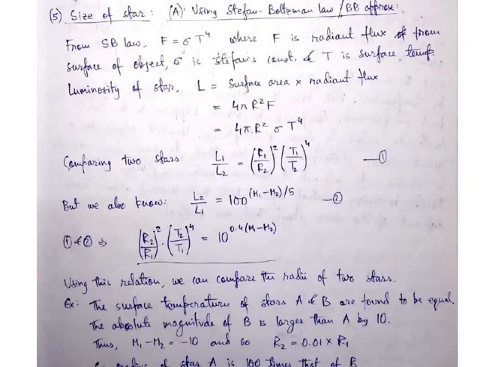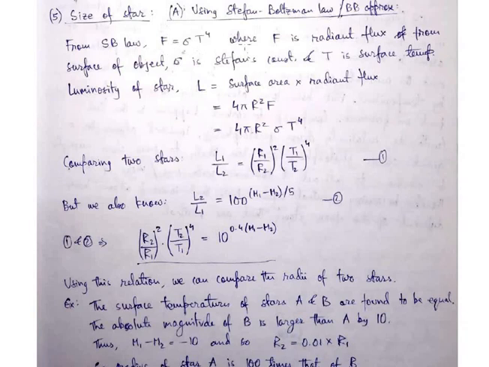Okay, so now let me talk about the fifth piece of information that we can get. Let me talk about the size of the star. We have already discussed some of the things related to how to do a measurement. Let me clarify. We can get an idea about the size of the star using the Stefan-Boltzmann law, or basically the blackbody approximation. Now from this law we have this